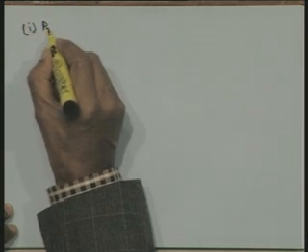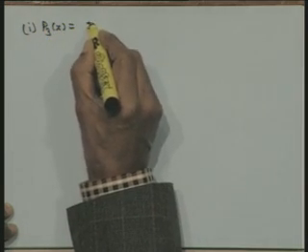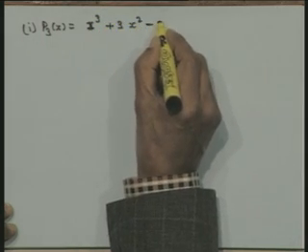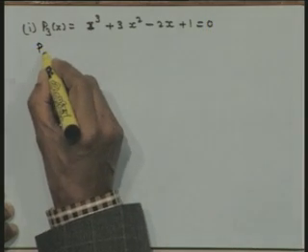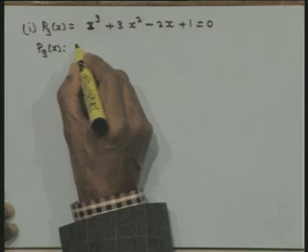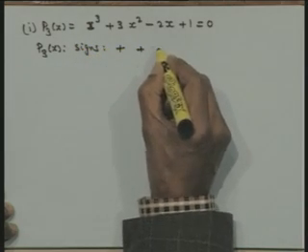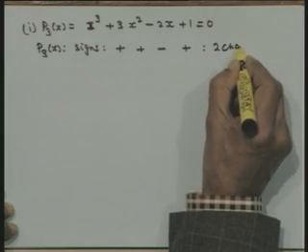Now, let us have a look at this same example again. So let me just write that example again. Let me take this P3 of x, this is x cubed plus 3x squared minus 2x plus 1 is equal to 0. Therefore, for P3 of x, let us write down the signs of this. So we have plus, plus, minus, plus. So we have got here 2 changes.